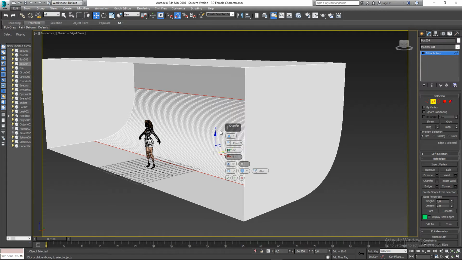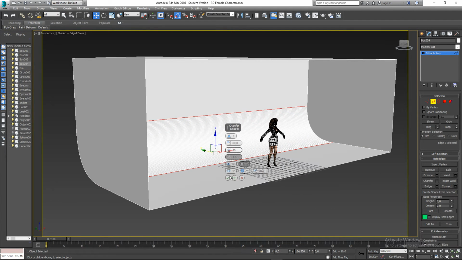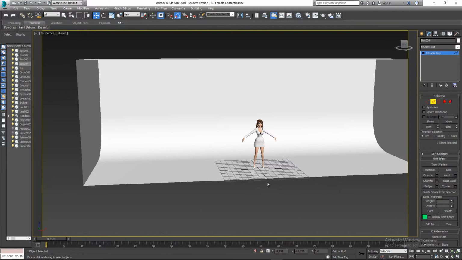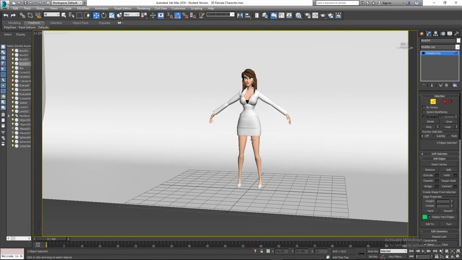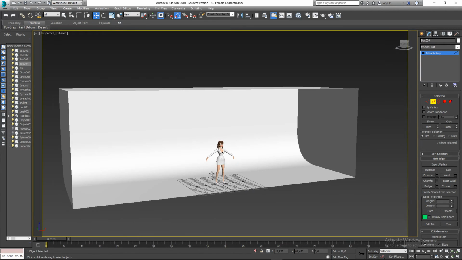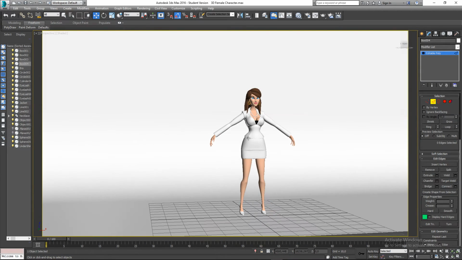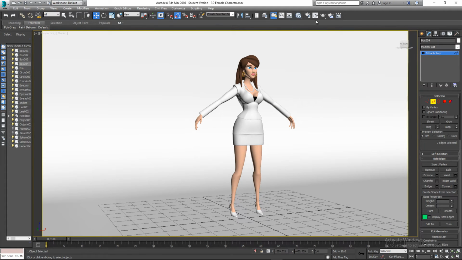Make sure to hit F4 so you can actually see what's going on there. Let me bring this down a little bit, maybe to about 80, and about 70 of those, and I'll click OK. Now if we hit F4, we get this nice look going. So now, you'll find that it looks like that backdrop in a photography studio. So now, if I go and render this out,